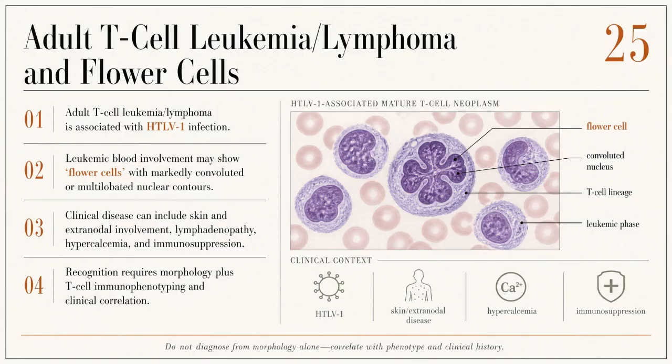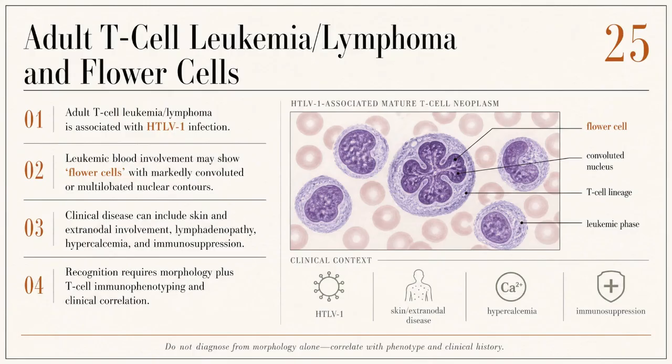This viral association not only influences the disease's geographic distribution, but also shapes its clinical presentation and laboratory evaluation. For histotechnologists, understanding the morphological hallmarks of ATLL and the appropriate specimen handling protocols is vital for accurate diagnosis and